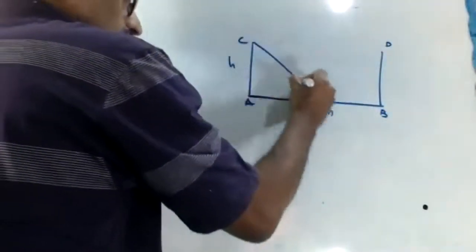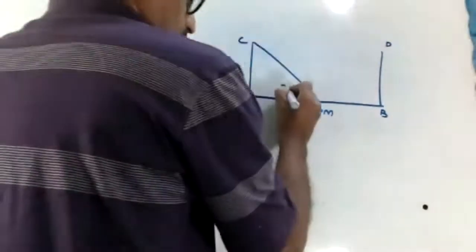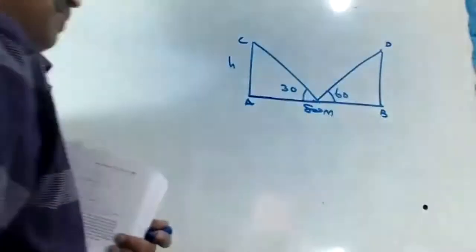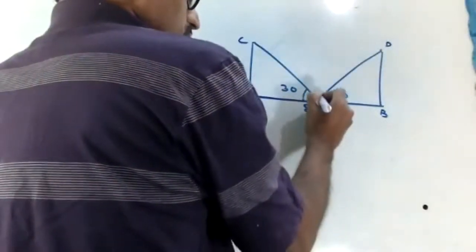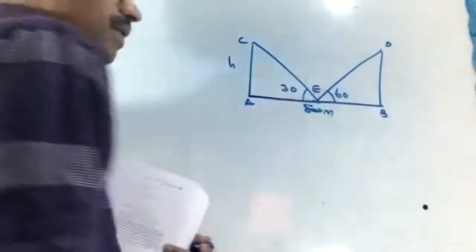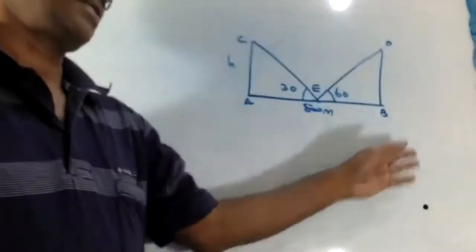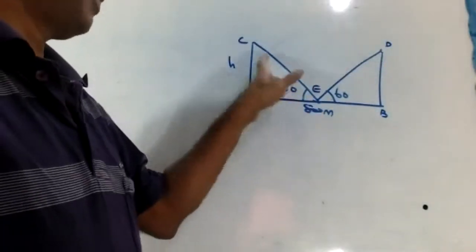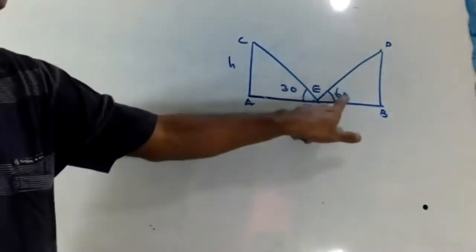Now, the first angle of elevation is 30 degree, and the next one is 60 degree. We have to find the height H. Also, we have to find E here. This point is E. You have to find AE and BE. This is the question. Listen. AB is the road. One guy standing here viewed the angle of elevation of the top of the first pole as 30 and the second as 60 degree.